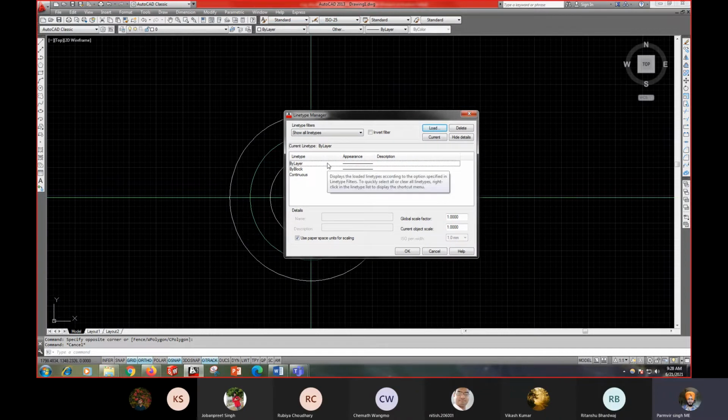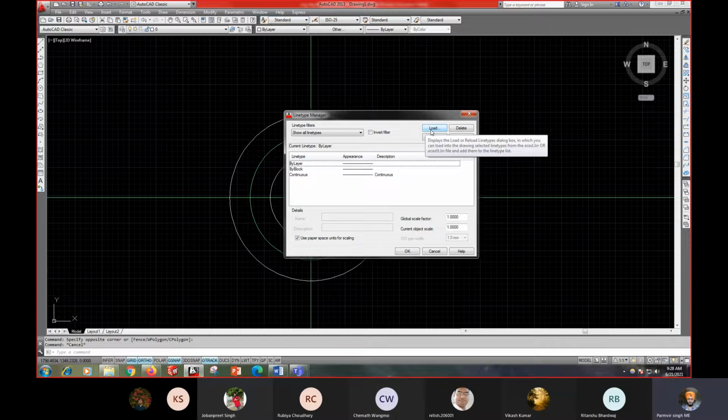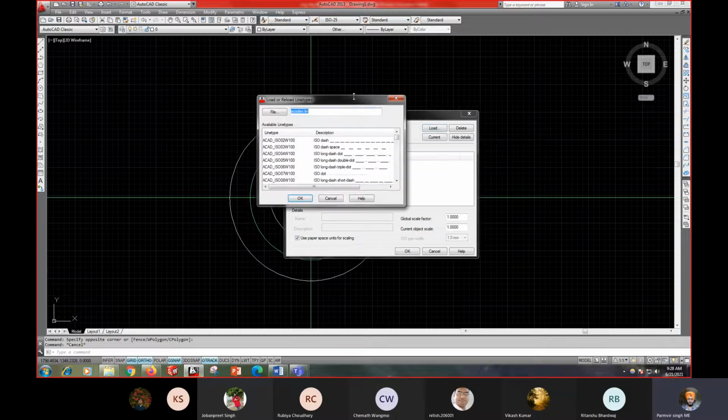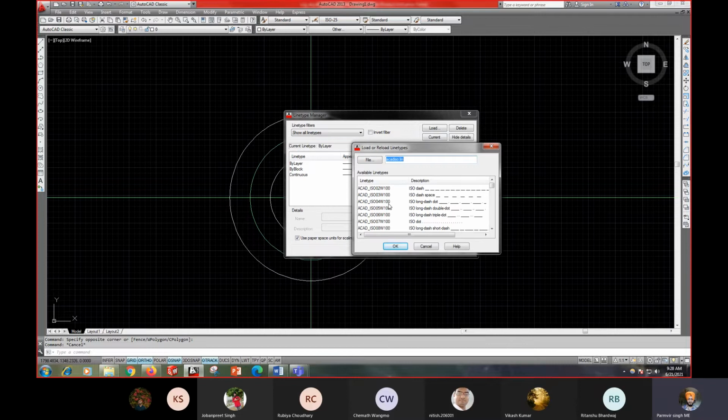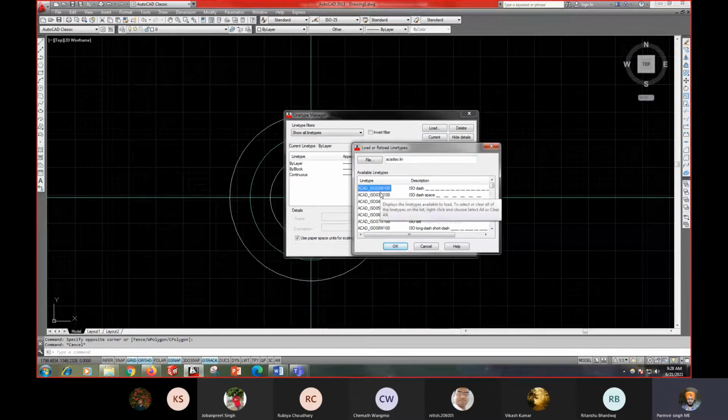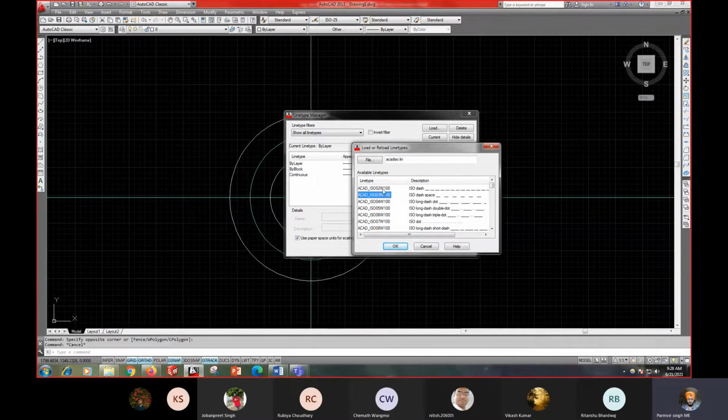ठीक है, so you have to add the center line, you can add from the load option. Okay, so in this load option, go to load option. You have various types of lines. Okay, here you can see the various types of lines. So select the line which you want.